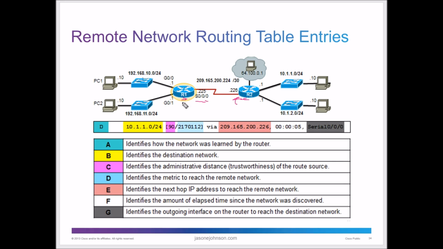So this R1 then builds a table of information, and it says, okay, I know I've got R2 connected to me, and here's what information I know about it. And I've got G0/0 here and G0/0 here, and I've got these 2 networks, so that when PC1 requests information, this router says, okay, where am I supposed to send this? If the destination is not on this network, it doesn't forward it through. But if the destination is somewhere over here, but maybe it doesn't even know where the destination is. This router doesn't need to know the destination. It just needs to know that it's not here, but it may be here. It may be here. So it sends that packet over here to this router,